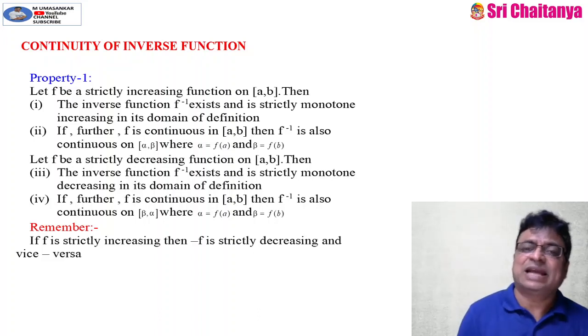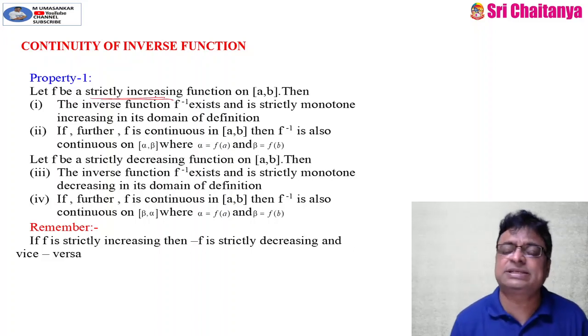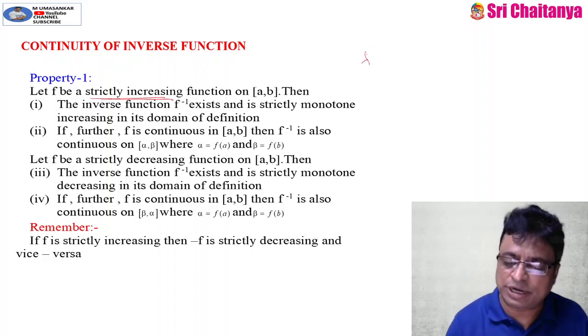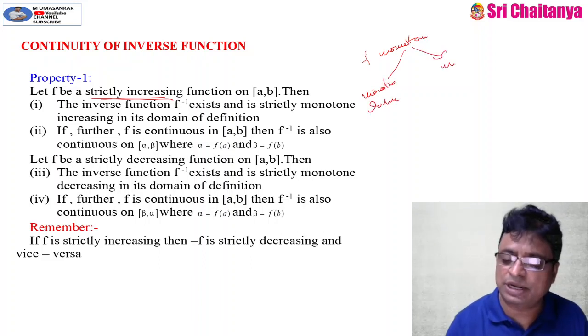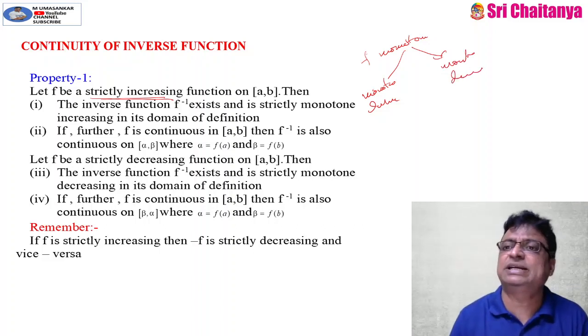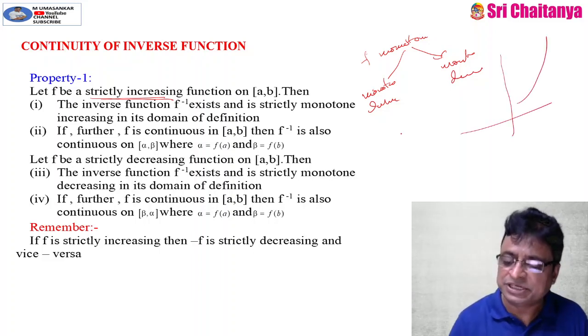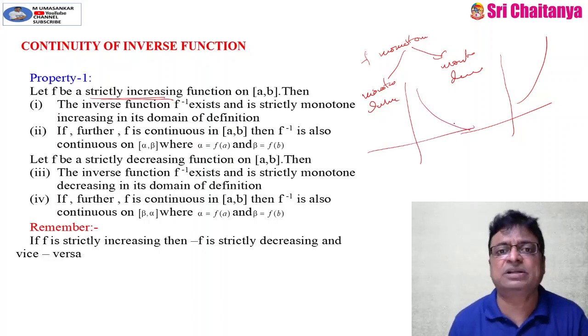Okay? Like this. Suppose f is monotonic, because monotonic means monotonicity. Monotonic means either monotonically increasing or monotonically decreasing. If it is either monotonically increasing or decreasing, then we say that the function is called monotonic. Strictly increasing means it is like this. Strictly decreasing means it is like this. So here my properties are under strictly increasing function.